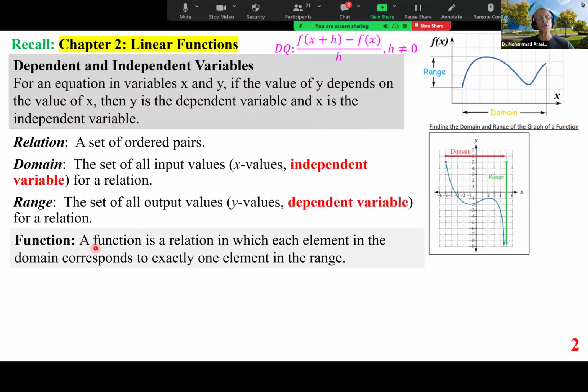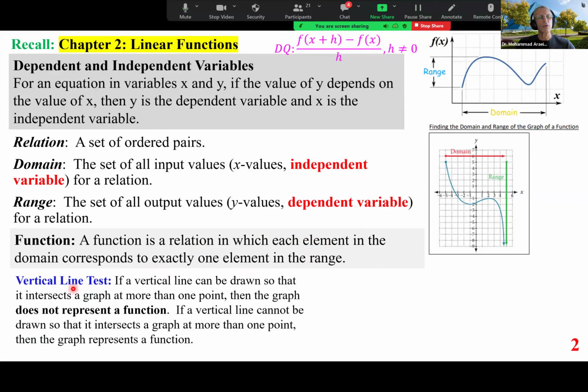A function is a relation in which each element in the domain corresponds to exactly one element in the range. Vertical line test, or VLT for short. If a vertical line can be drawn so that it intersects a graph at more than one point, then the graph does not represent a function. If a vertical line cannot be drawn so that it intersects the graph at more than one point, then the